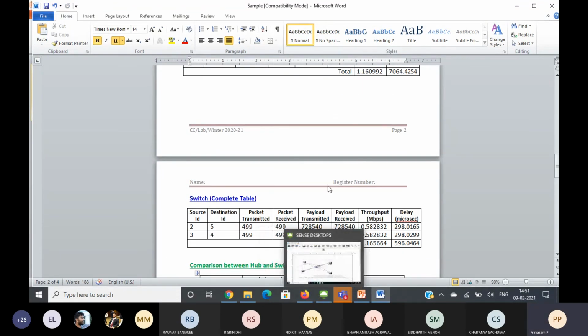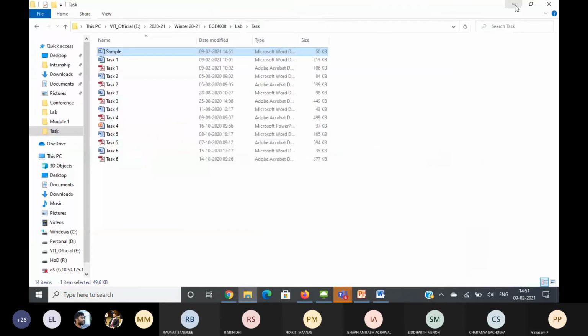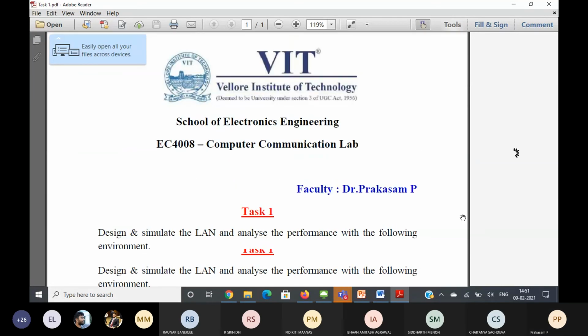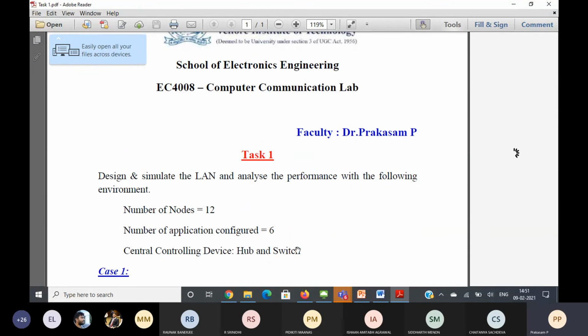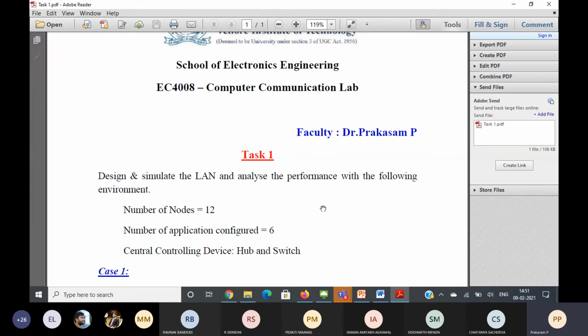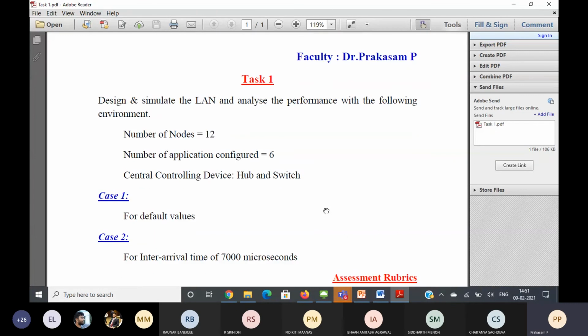Task 1. Design and simulate the LAN and analyze the performance with the following environments: number of nodes 12, number of applications 6, central controlling device hub and switch.